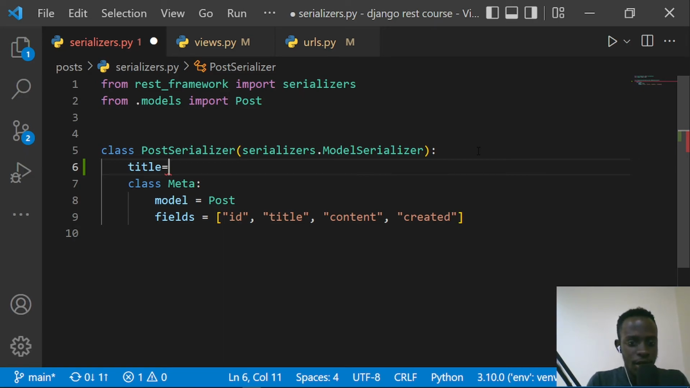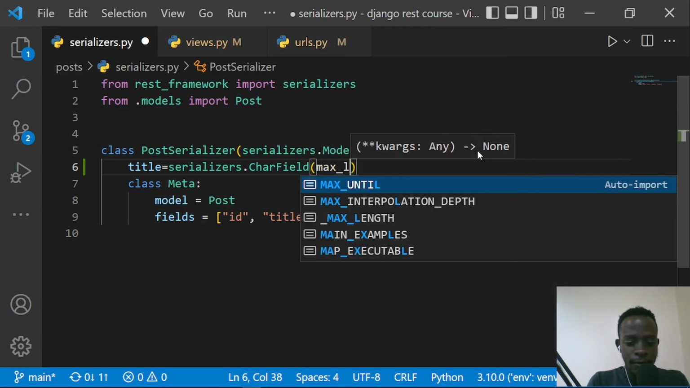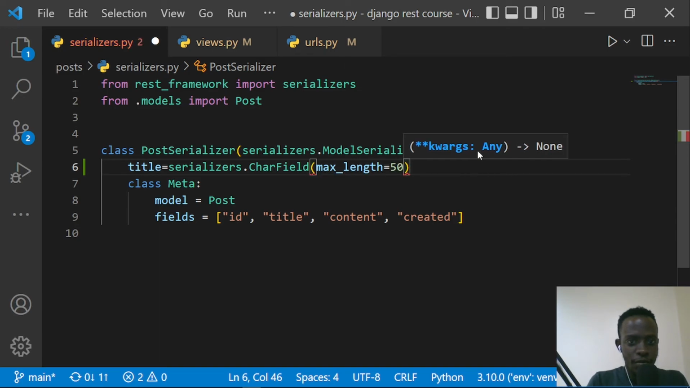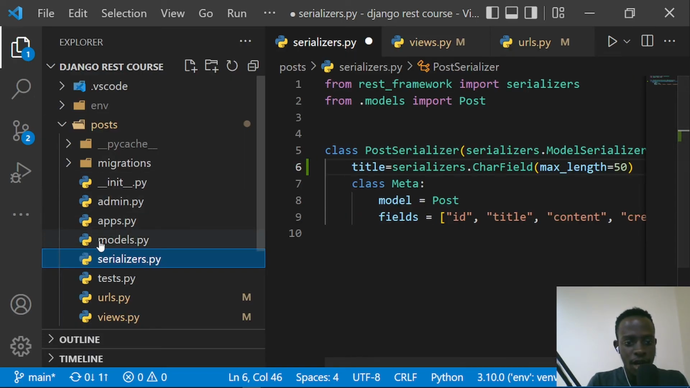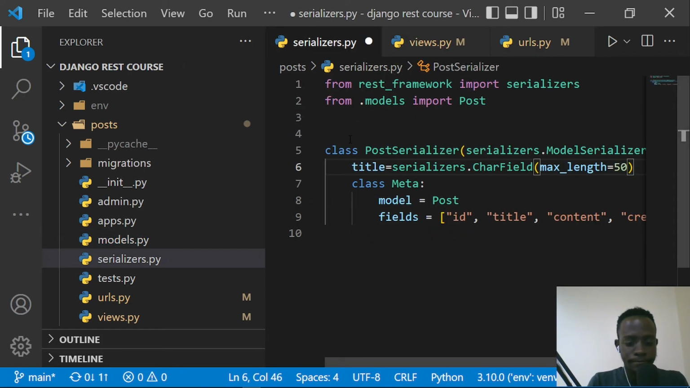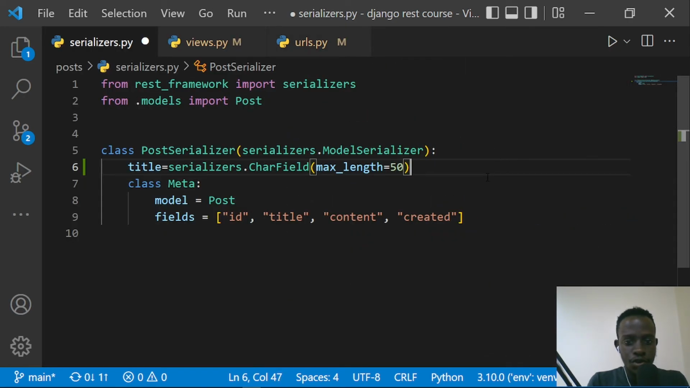In this case, I'll say that we're going to have a field of char field, and here we can have our max length. This max length is going to be 50, as we defined in our model right here. So we defined our title to be a title of 50 characters. I'm going to go away from this, and we're going to also define our content, but I don't think there is that much validation needed on our content. Let's try to validate only our title. So when I save